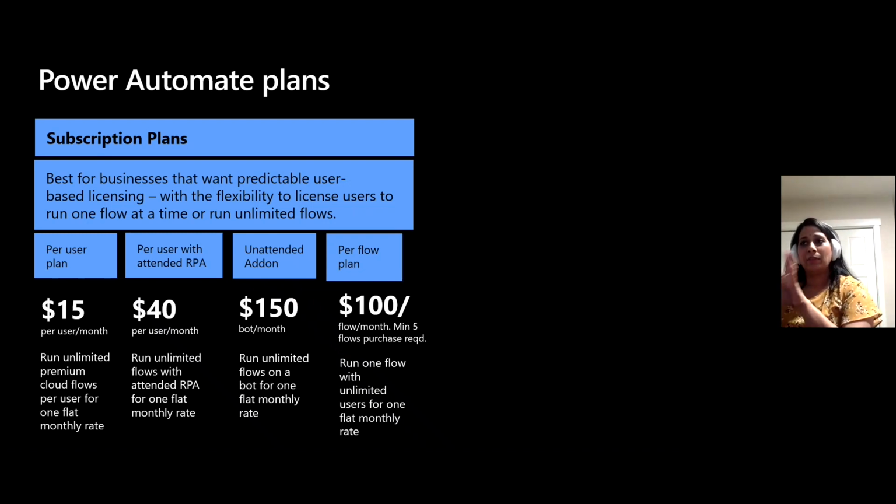The next plan is the per user with attended RPA plan. It's $40 per user per month. You can create unlimited cloud flows with premium connectors and also use attended RPA for that $40. Now, what is RPA? RPA is also called desktop flows. It's robotic process automation. Power Automate is all about enabling everybody to automate in the organization using the right technology